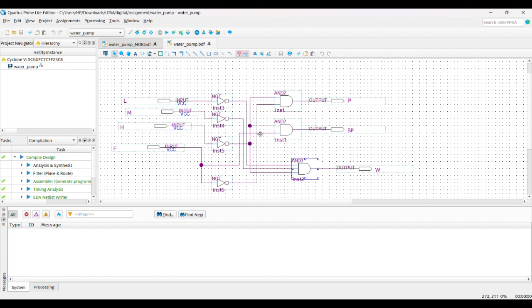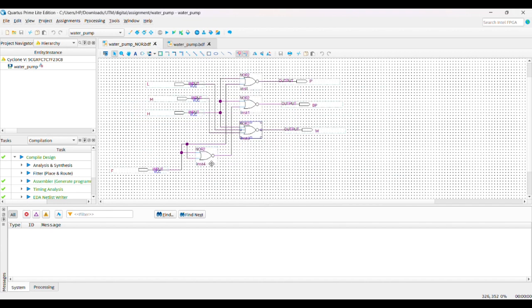So when the bubble is pulled back, it will transform to the NOT gate, and the NOT gate will transform into the NOR gate, which is like this, where we connect the input from F into both inputs of the NOR gate, then it will become the NOT gate.